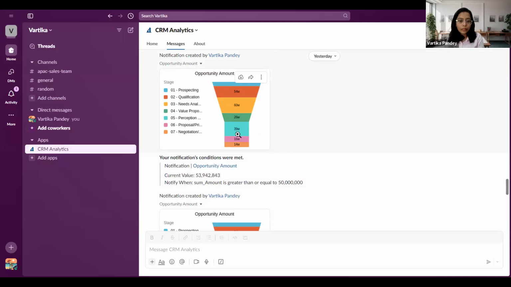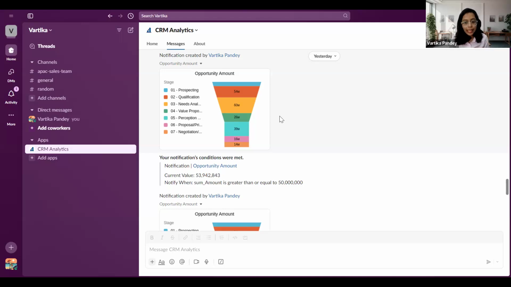And this is how the analytics updates look like in form of a notification. If your condition is not met for a week or a day, you will not get that notification on the lens. It only works when the criteria that you've set is met. In my case, when the amount is greater than 50 millions, right? Now, again, just like subscription, when you delete a